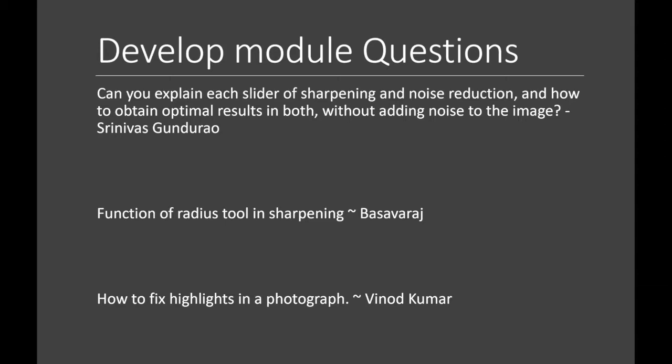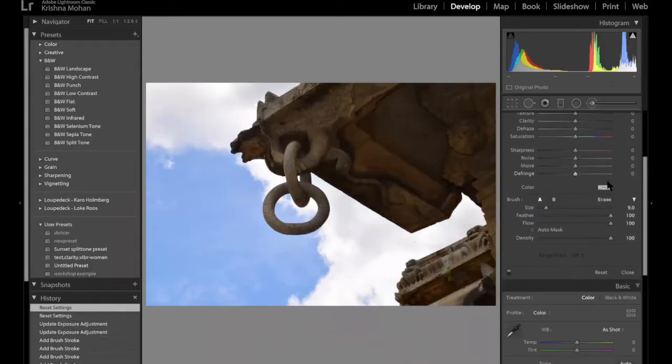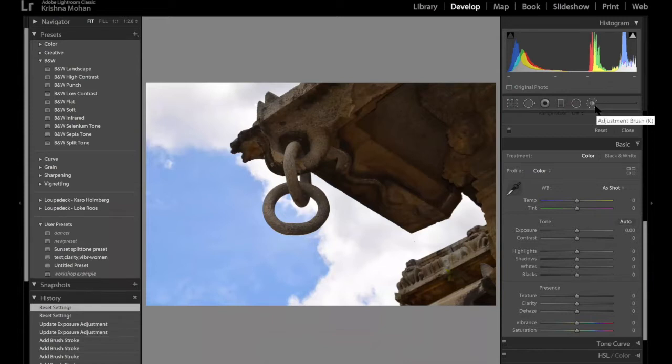Now let's go back to the Mantap shot. When I was editing the Mantap ceiling, I did it only using the adjustment brush, the shadow option. Let me show you how it really happens. Okay, let me go back to that same shot. Let me reset the picture. Now let me go back to basic setting. This is the adjustment brush I was using.